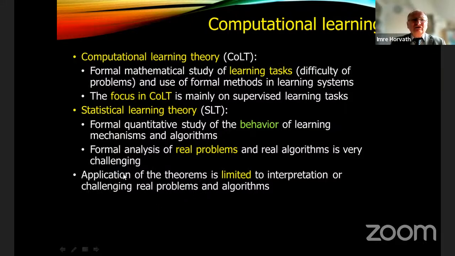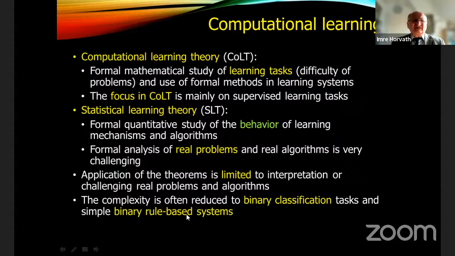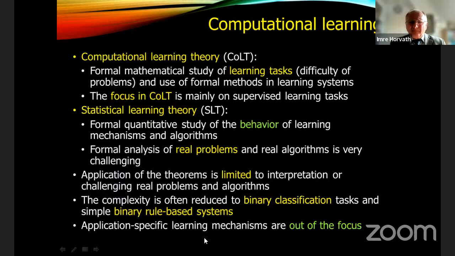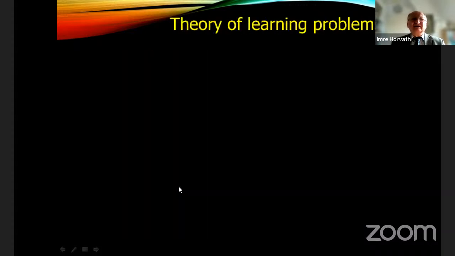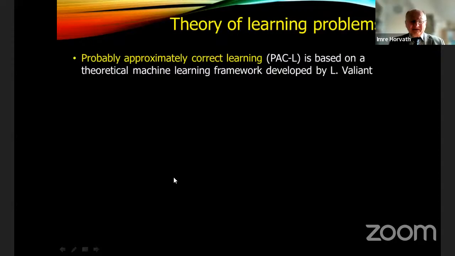And due to this challenging nature, the current application of these two theories is limited to interpretation or challenging real problems and algorithms. The complexity is typically reduced to binary classification tasks, so mainly binary classification tasks are studied by them, and simple binary rule-based systems. That's where they most frequently apply. And it means that unique and specific application-related learning mechanisms are at this very moment not studied by any one of these computational learning theories. The theory of learning problems has a more specific approach as well, which is often called